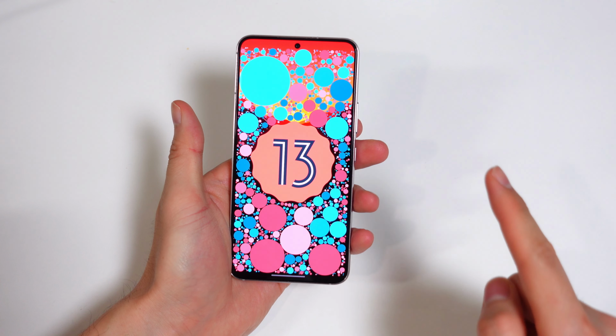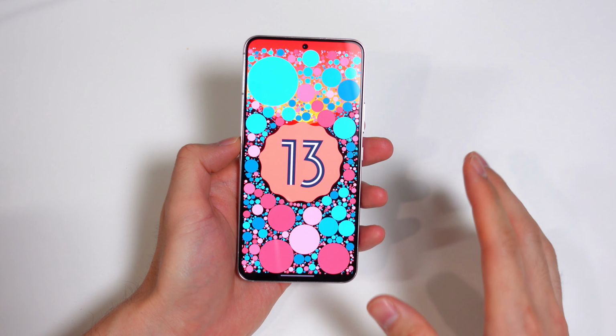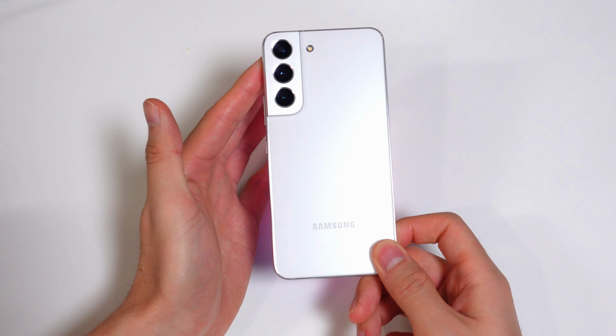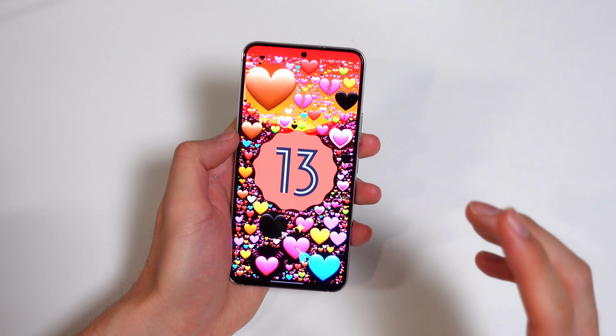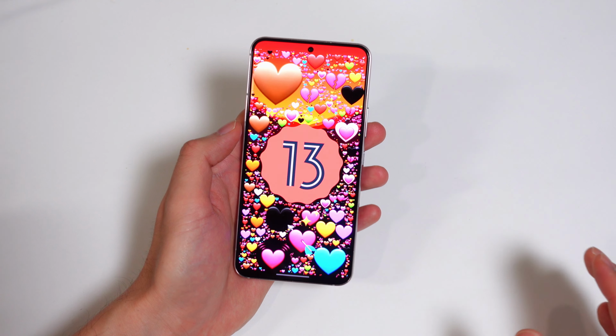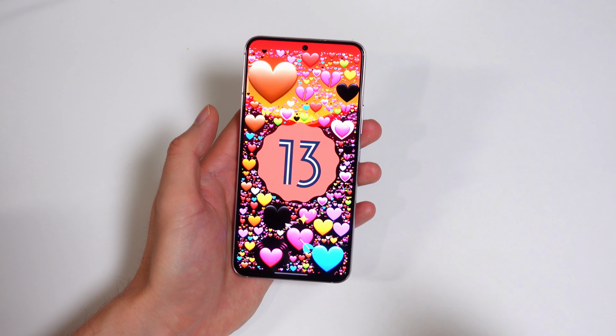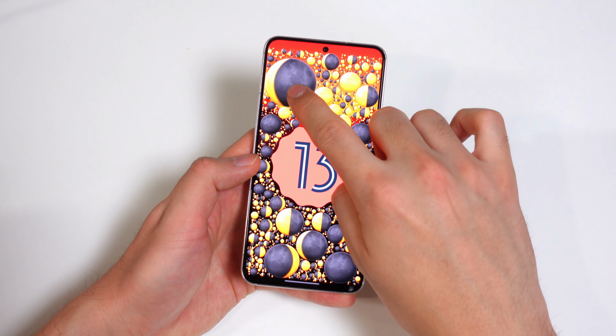Hey guys, so One UI 5.0, which is based on Android 13, is finally here on my Galaxy S22, and this is the base version. And I want to talk about my favorite changes coming to this device with the new One UI 5.0 update. There's actually a ton of under the hood and small updates going on here and there, but I want to talk about my top 5 favorite changes. So with that, let's get started.